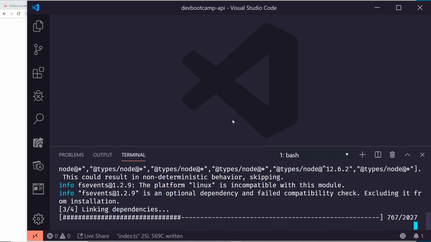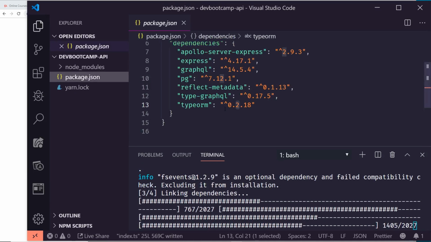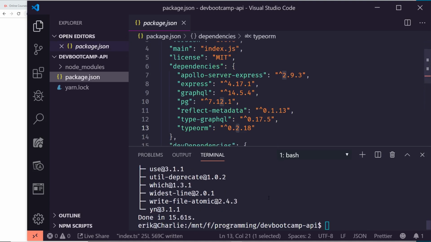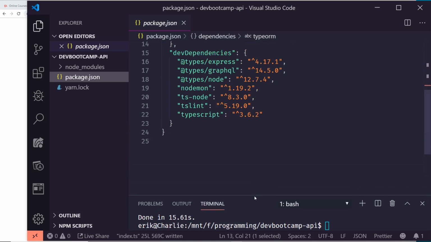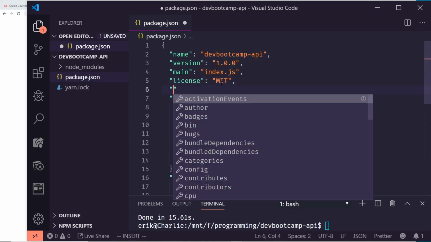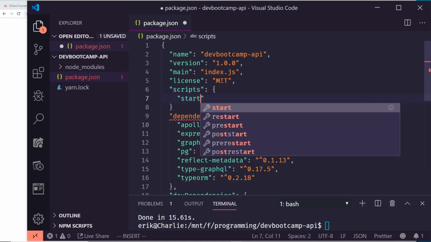Actually, as it's going here, let's see here. Here's our dev bootcamp. Here's our package.json. Here's our dependencies. You can still see it's installing our dev dependencies. Cool. Here's our dev dependencies, and it went ahead and installed them all. Perfect. And just so we can start things, we'll add a scripts, and inside this scripts, we'll add a start,